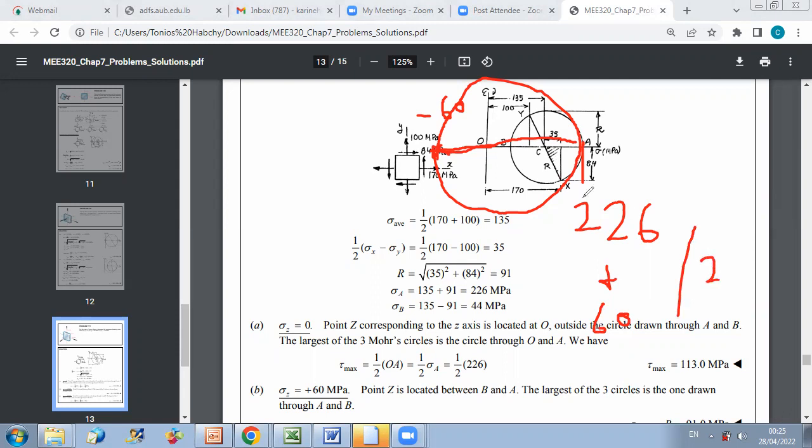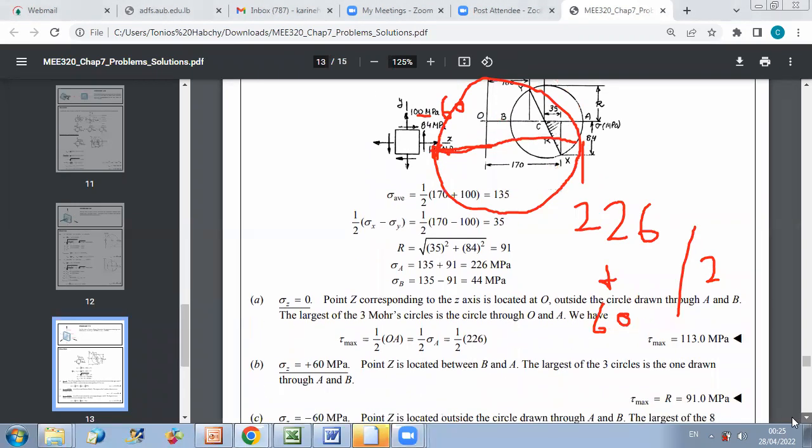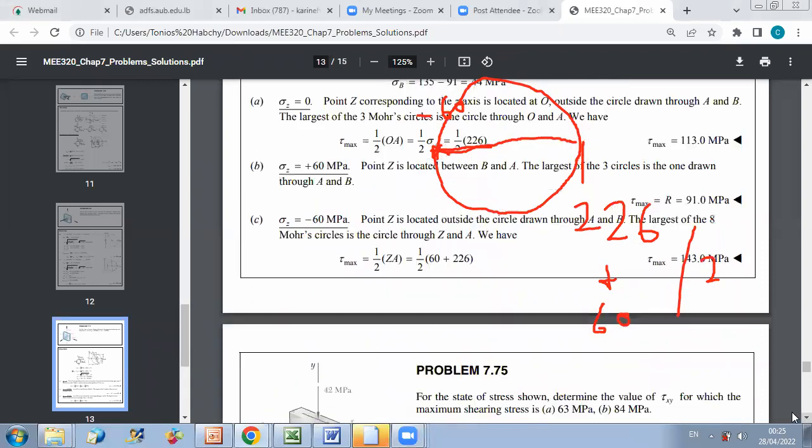This means that tau max is equal to the radius, which is 286 over 2. Okay, so in the third case, the largest circle will have a radius of 143 megapascal, and